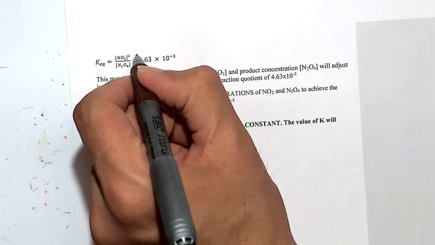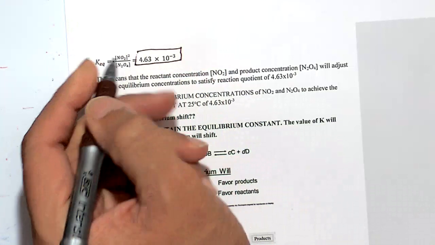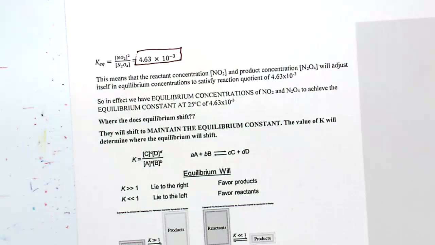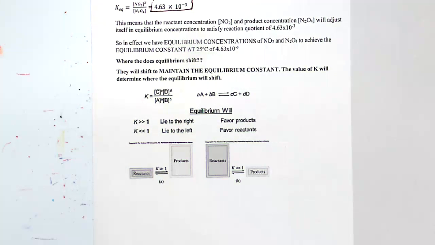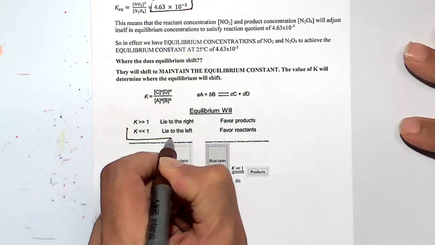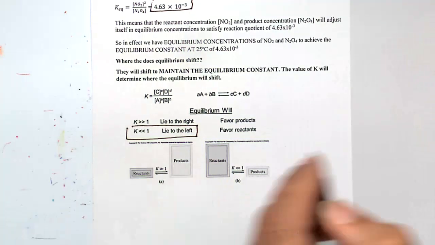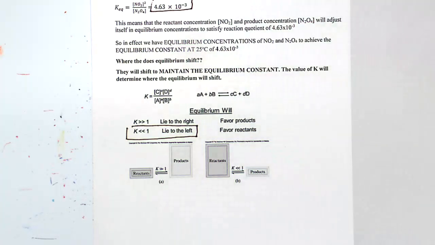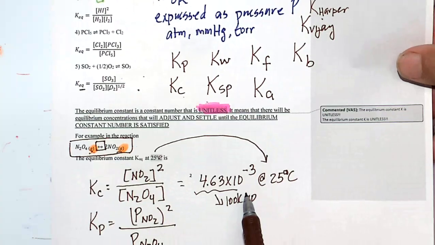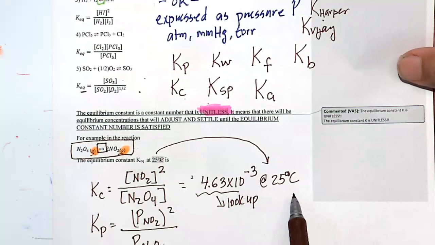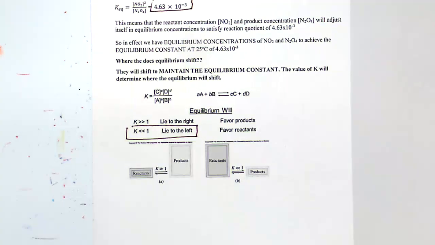So where do you think this particular equilibrium resides? Primarily on the reactant side or primarily on the product side? 10 to the minus 3. Reactants or products? This would be to the reactant side. So for this specific reaction, given the equilibrium constant, 10 to the minus 3, at this temperature, more of it will be on the reactants. More of it will be this way.